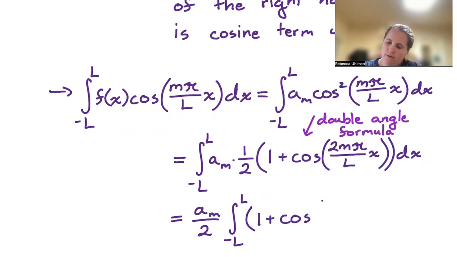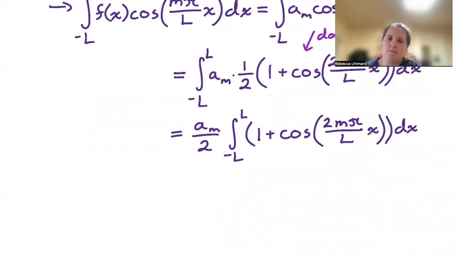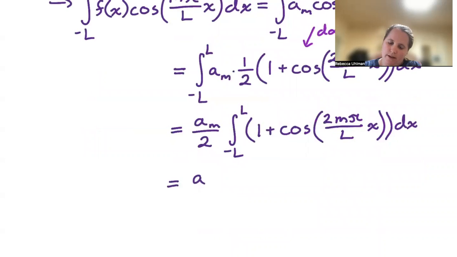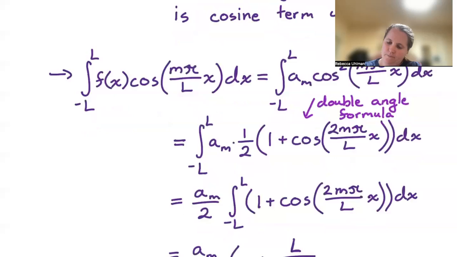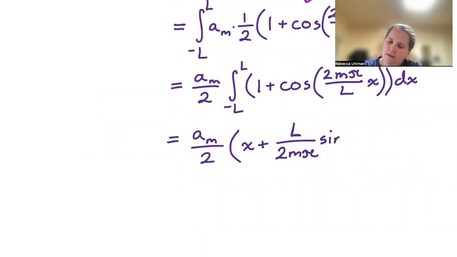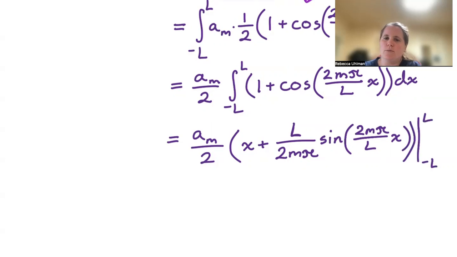1 plus cosine of 2m pi over L x dx, or a sub m over 2 times x plus L over 2m pi times sine of 2m pi over L x, evaluated from negative L to L, or between negative L and